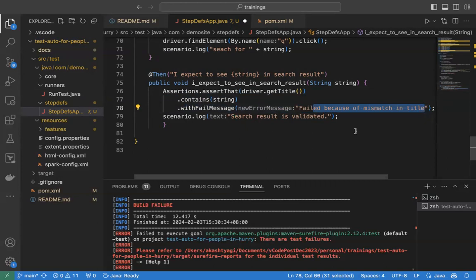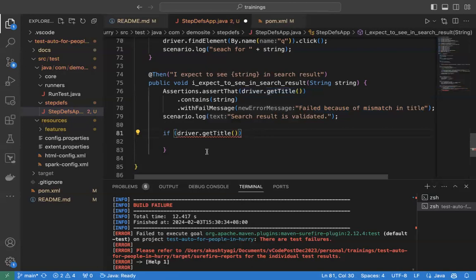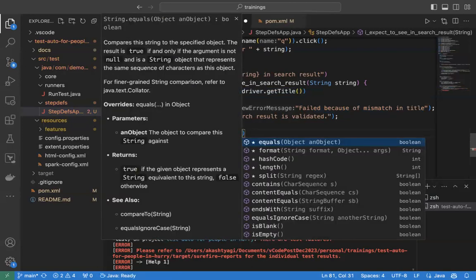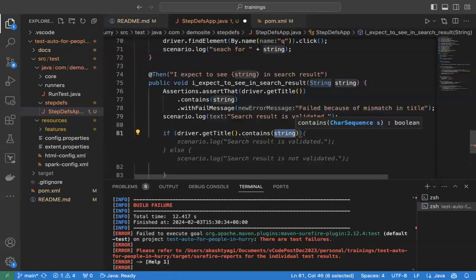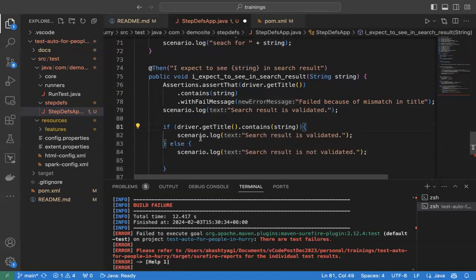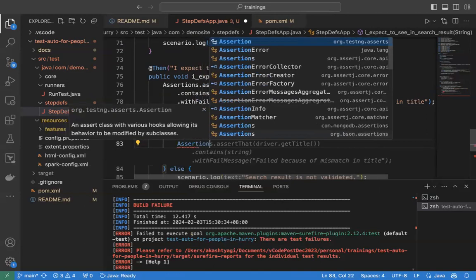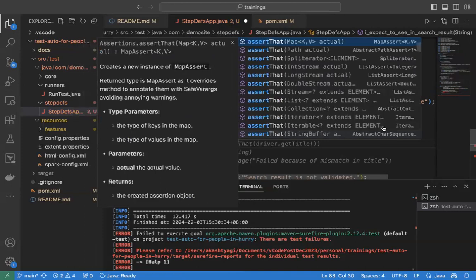And if you're not satisfied with that, still okay, then you can definitely put your if statements. You can say if driver.getTitle().contains(string), then simply it's a pass. So then you can simply say Assertions.assert, come on,